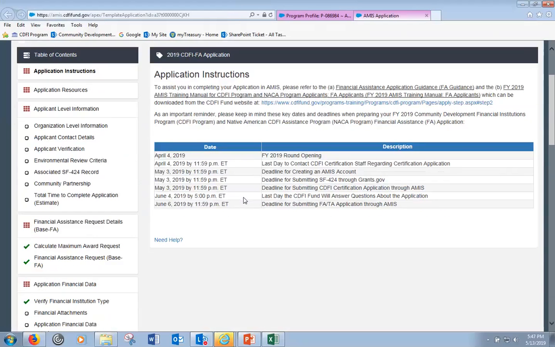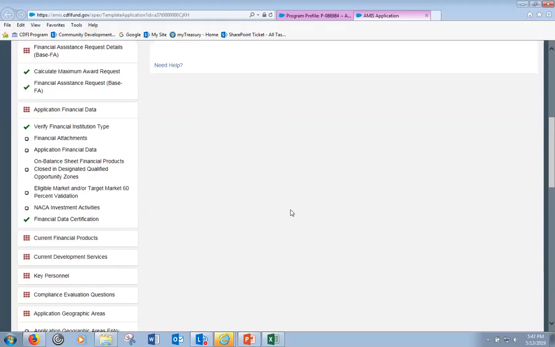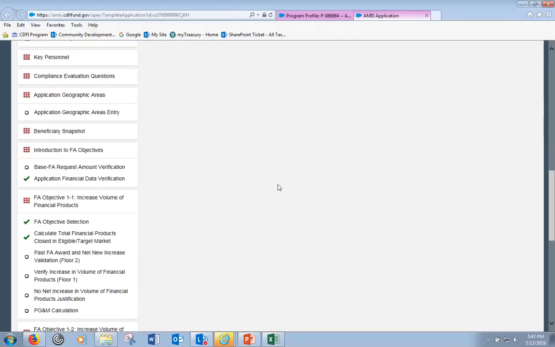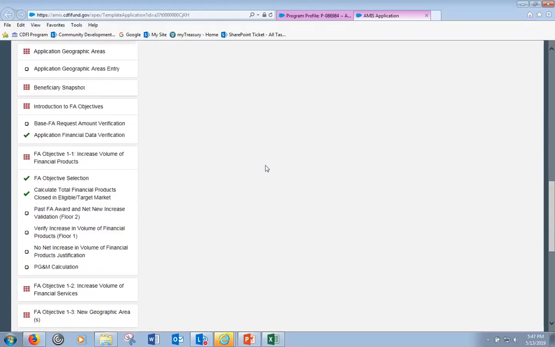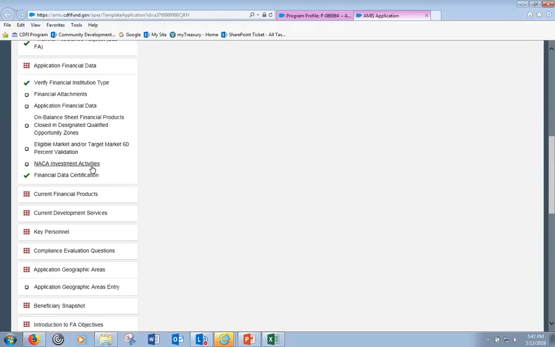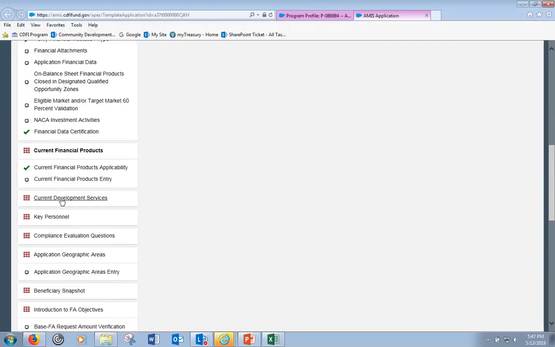that I've already sort of teed up to go through a couple of scenarios that will explain a couple of the other things that you may encounter when entering data in the application, different validation errors. And these are specific to the FA objectives and the matching funds requirements. So what I'd like to do first is I'm going to basically minimize some sections. By the time you get down to the FA objectives section, you may have one, if not all of these